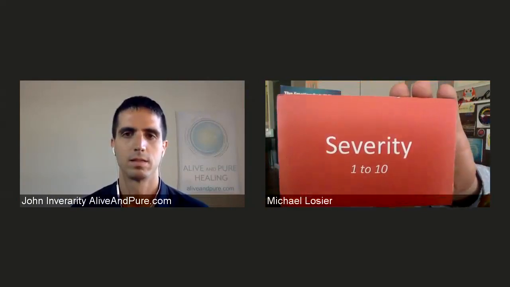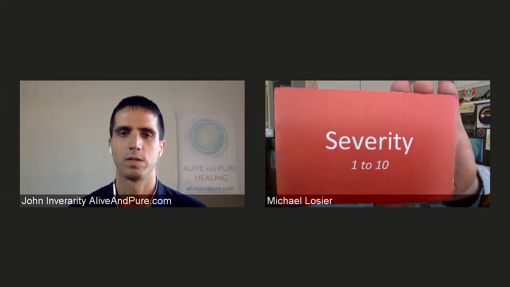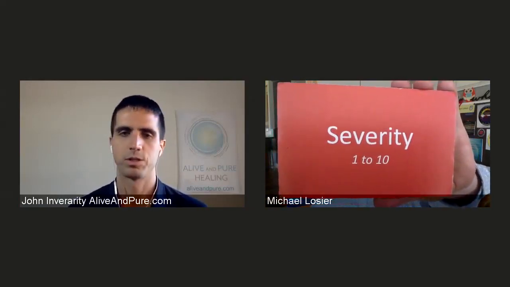But before we do any work with you, we'd always like to know what is the severity on a scale of 1 to 10 to give us some context, so a starting point. So at the beginning, it could be a 10, a 9, or an 8, somewhat severe. And our goal at the end of the session would be to bring it down to a 0 or as close to 0 as possible.